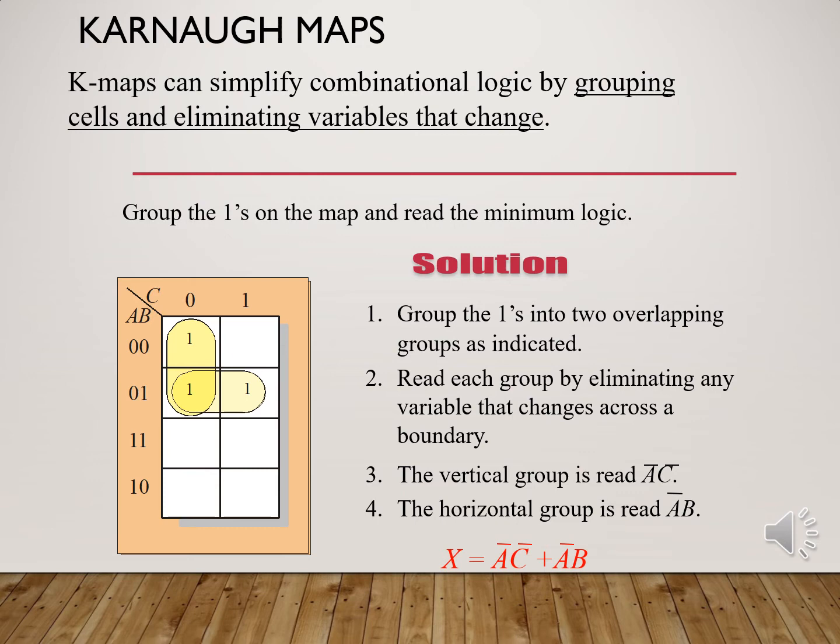Vertically, for each row the values of A B are given as 00, 01, 11 and 10. So we can see that it is not like your normal binary input sequence. We know the rule for K-map is that between adjacent cells, a minimum of only one variable is allowed to change.